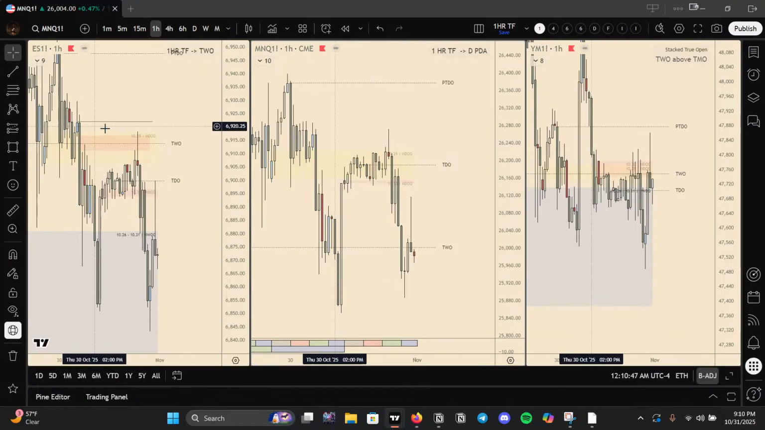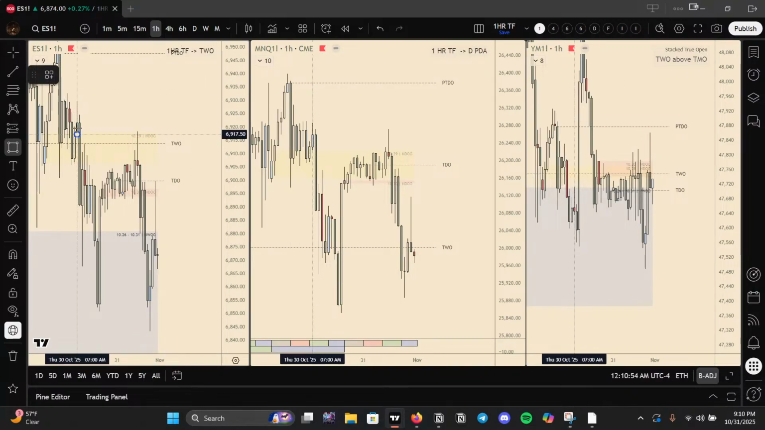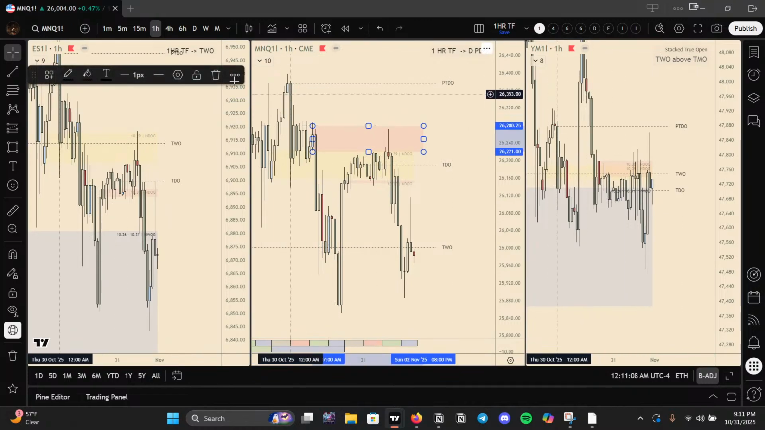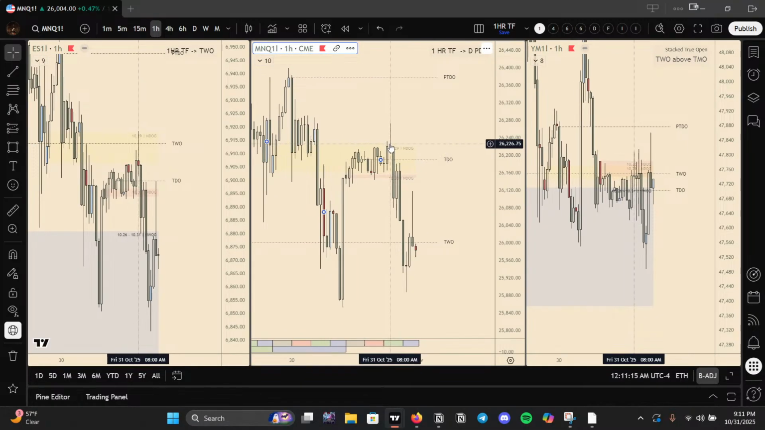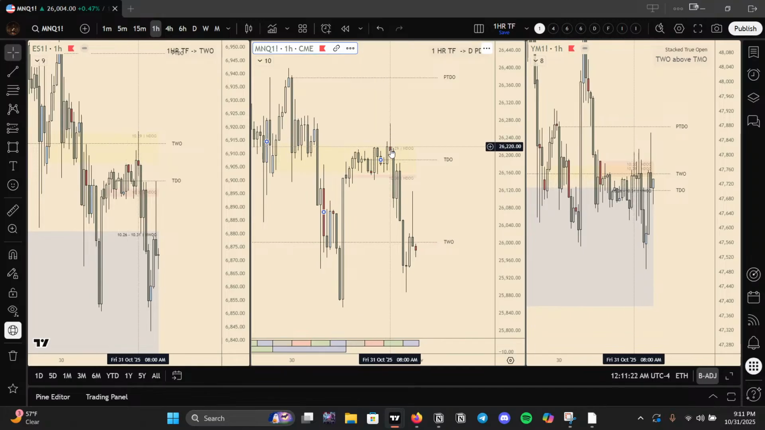Another way to look at this too is this PSP. Something to note. Breaks lower. Did it create sequential SMT? It did not create sequential SMT. Going into the 9 o'clock candle, something to note is we had